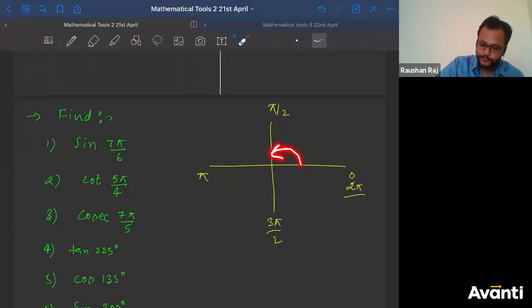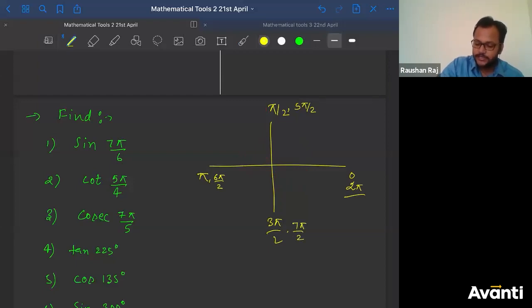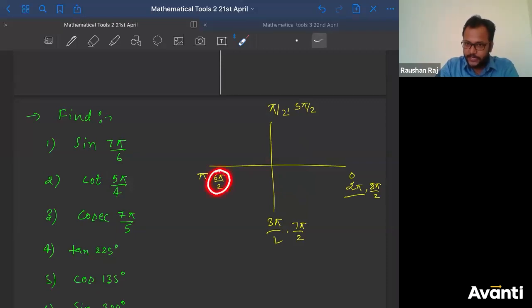1 pi by 2, 2 pi by 2. This is what? 3 pi by 2 and again 4 pi by 2, which will be 5 pi by 2. Add one more pi by 2. That means this is what? 5 pi by 2, which will be 6 pi by 2. So again it will come here. This will be 6 pi by 2, right? So write this. This is nothing but 5 pi by 2 also. This is nothing but 6 pi by 2 also. This is nothing but 7 pi by 2 also. This is nothing but 8 pi by 2 also. If you're going to rotate like this only, okay? Chalo. So this 6 pi by 2 can be written as 3 pi also. This 8 pi by 2 can be written as 4 pi also.